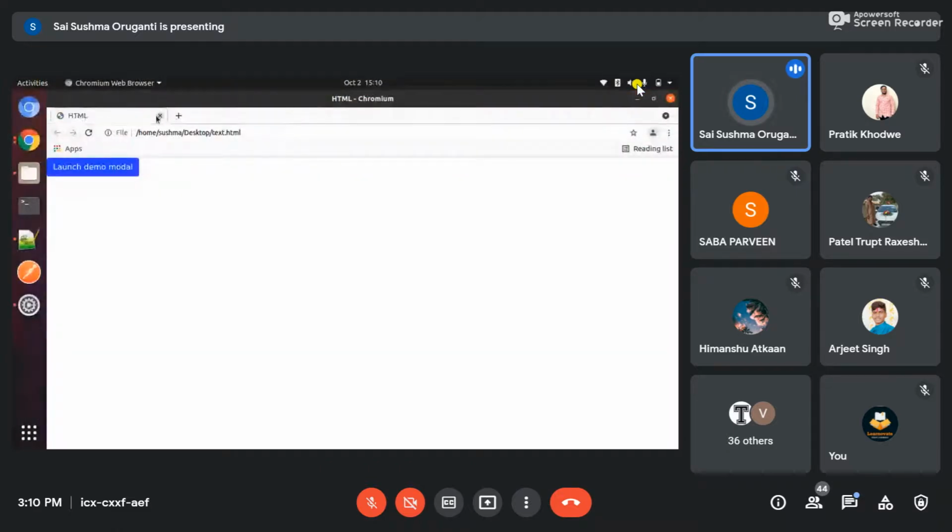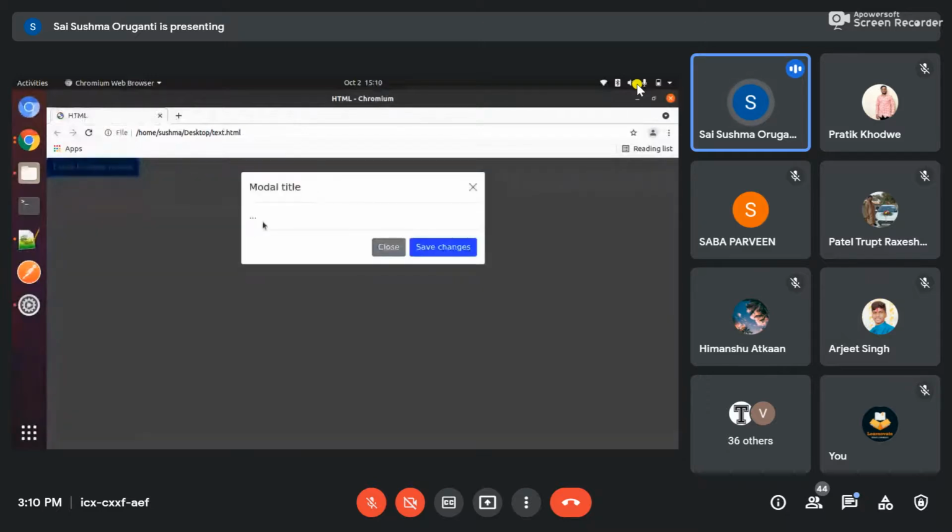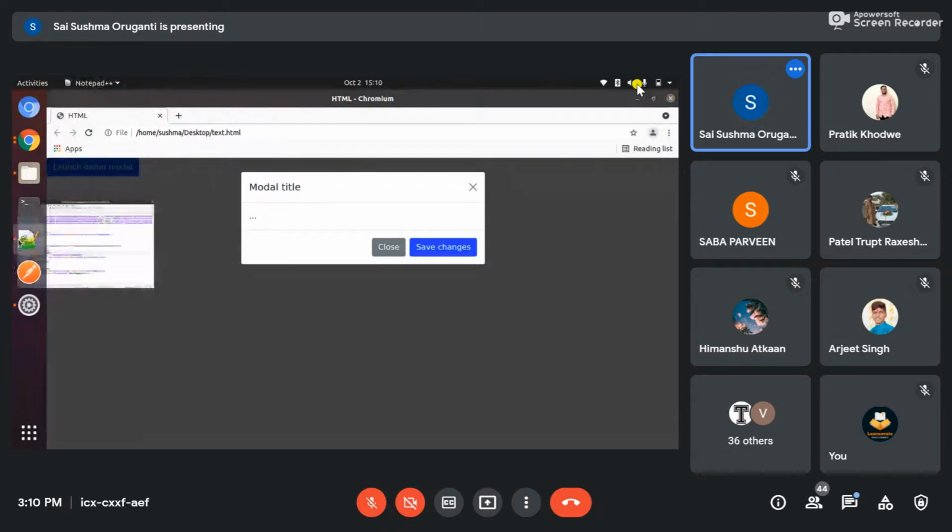If I click on this, here you can see this whole dots body, right? So you can just delete that if you don't want it. Here you can just clear this out. You can add any text here, whatever text you want. Or else you can just remove this save changes button. You can modify this whole thing, and you can increase the size also using CSS and all. So whatever you want, you can do.